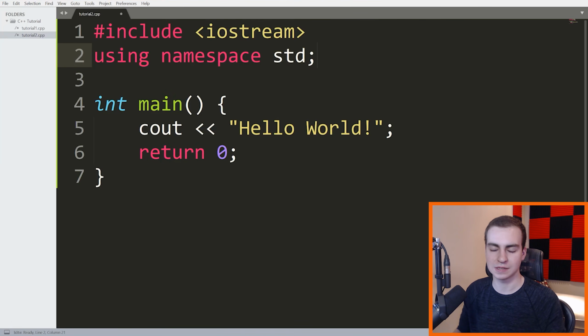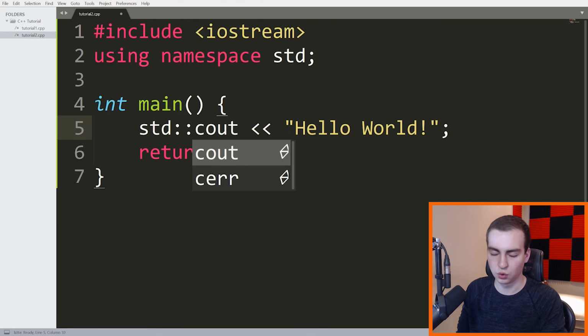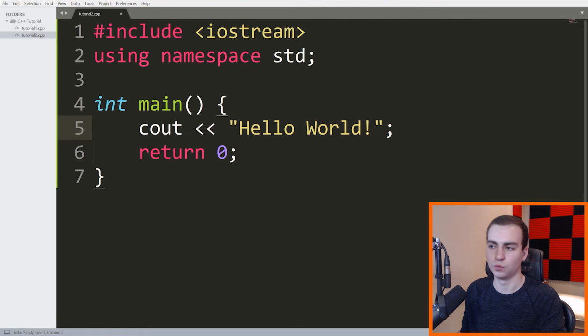So as soon as I do this, anything inside of here, now I can access and use without writing std::cout. Because now we've looked at all of this stuff inside of here and we've used it inside of this program. So hopefully that is making sense.